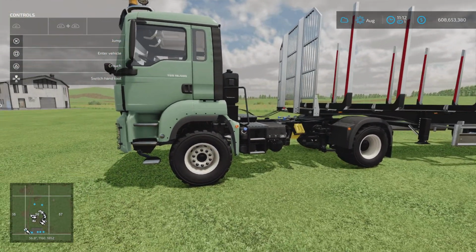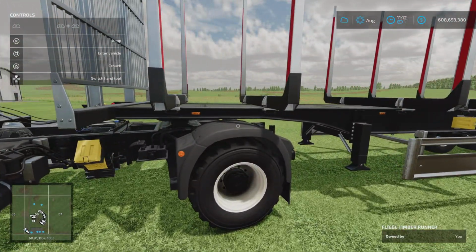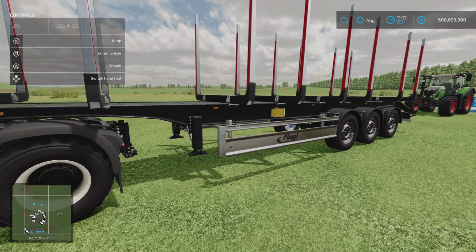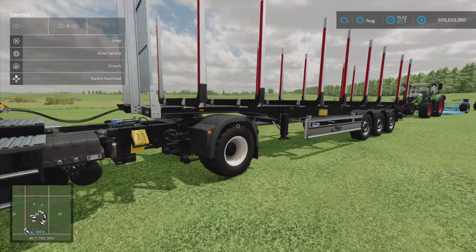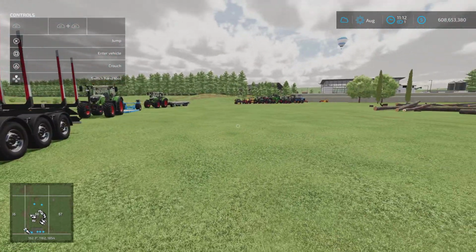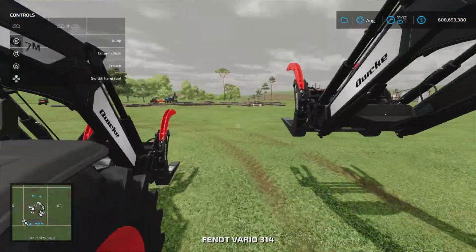And then obviously you need a suitable semi-truck to pull it, because it has a turntable set up, not a hitch, but you can get a dolly to use a tractor to then pull this trailer and make it work. So let's go and jump into the skid steer,